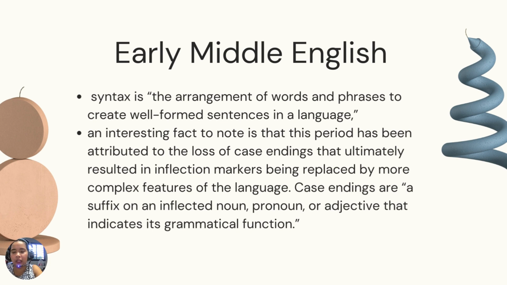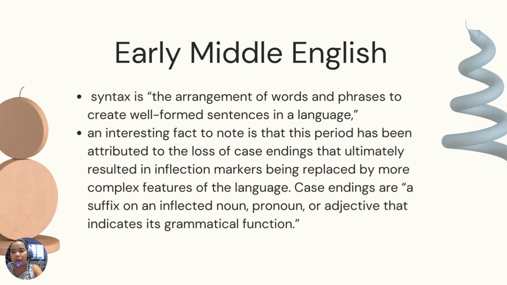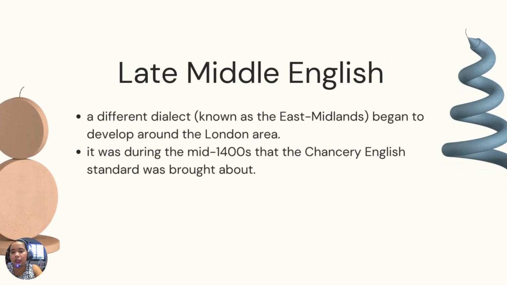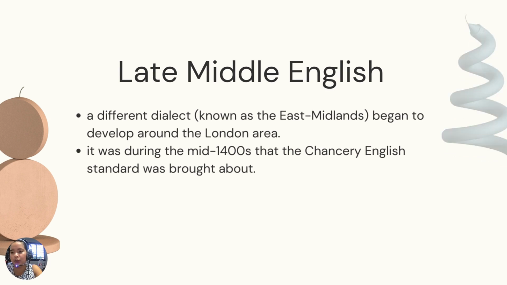And then here at the Early Middle English, there is already a formal utilization of English, wherein the arrangement of words and phrases were created to create well-formed sentences in a language. So here, there is already standardizing of English itself, wherein it comes into structure, and also standardizing the utilization and the structure of English through the different nouns, pronouns, or adjectives, wherein it is also indicated in the grammatical function. So Late Middle English, wherein a standard was brought about,